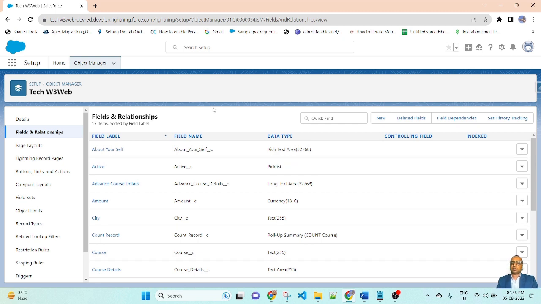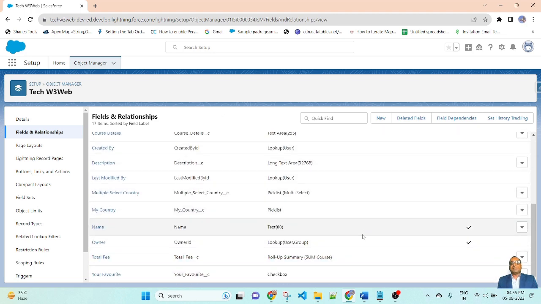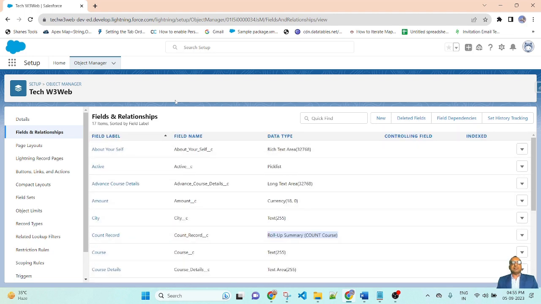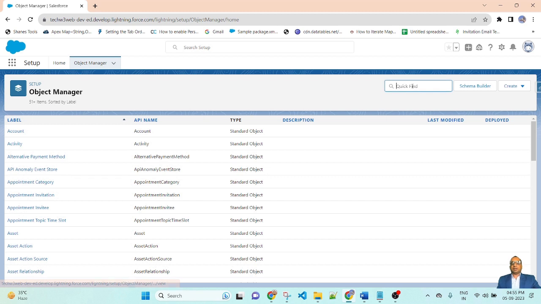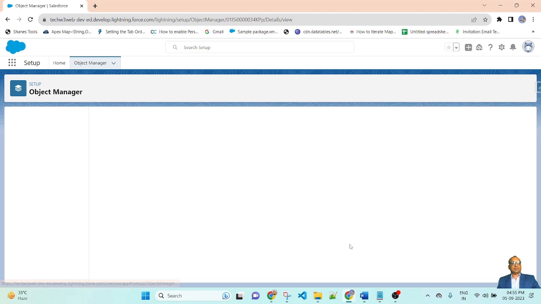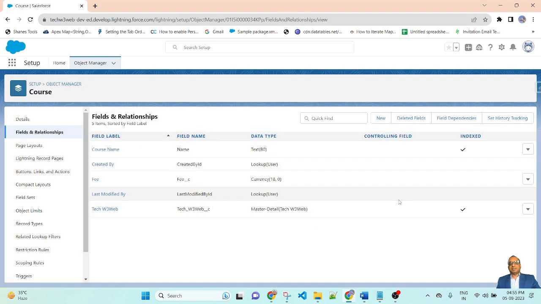So, as per the Salesforce rule, if the master has a roll-up summary, then we cannot convert master-detail to a lookup field. So first we need to delete all of the roll-up summary fields. Then we are able to convert from master-detail to lookup. Let me try to convert from master-detail to lookup before deleting. So, go to the child object Course. I have still not deleted my roll-up summary from the master side.